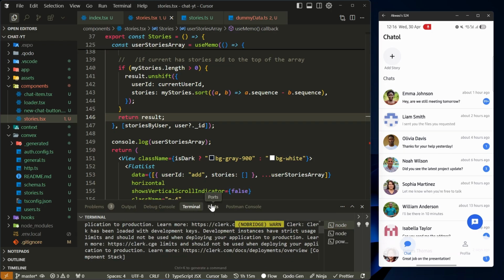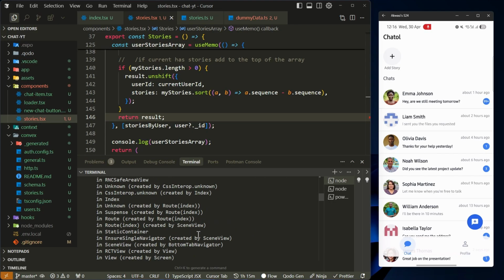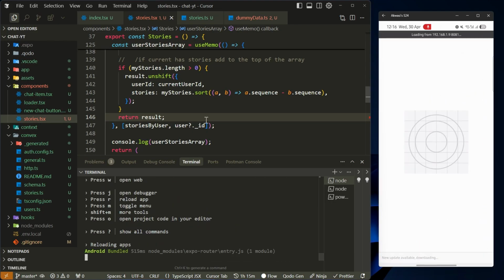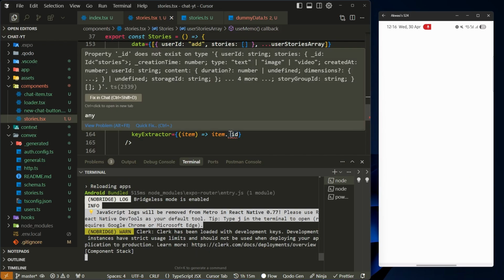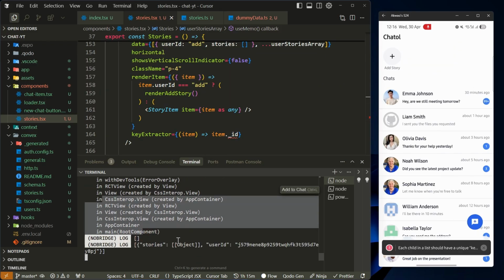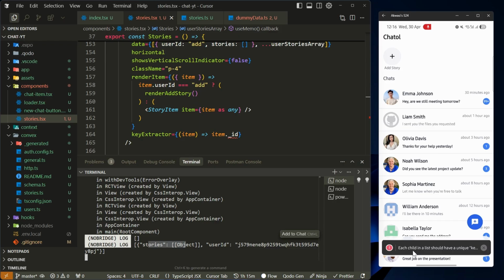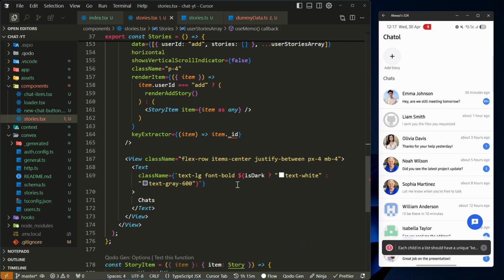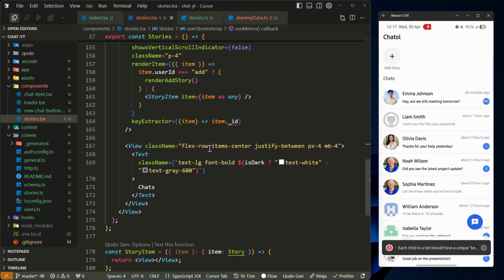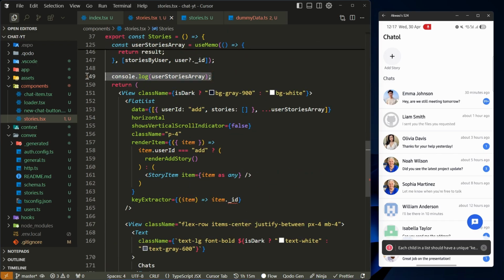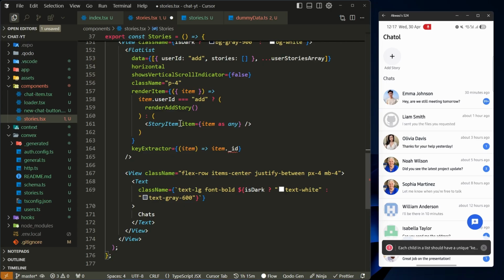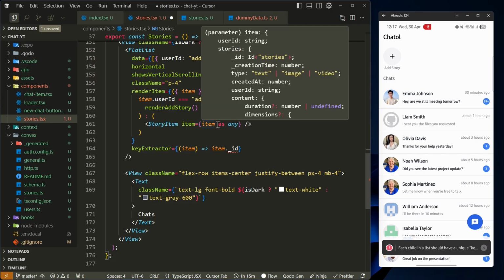Okay, so I'm going to reload it and see if it's working. I can see I have an error somewhere. Yes, we have story. For each child in the list, there should be a unique key, so I think it's related to key. Okay, I can remove this for now. Inside the FlatList where we're giving out these stories, items should be this, and I'm going to add